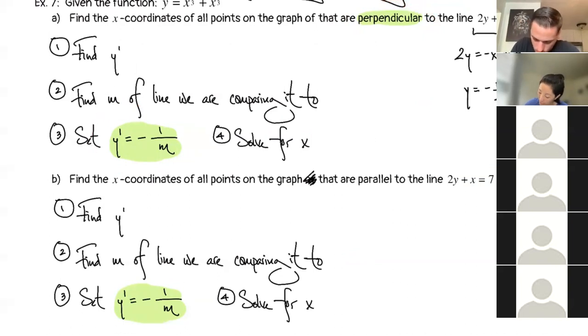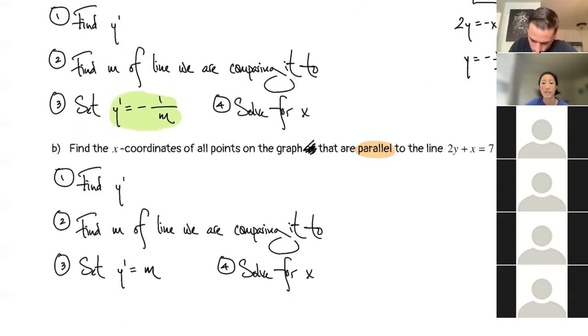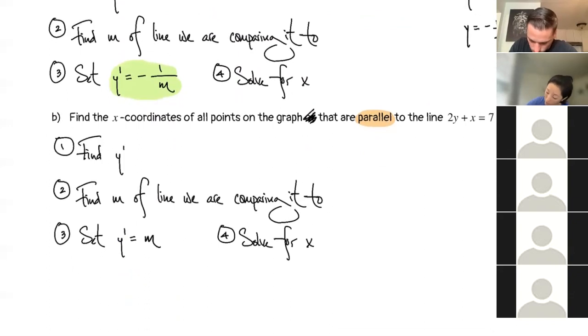But what do we say when things are parallel? I think that gives us different clues, all right? So parallel means that we don't want to set the slope to the negative reciprocal, but we exactly want to set it equal to the slope we found in the second step. And the reason for this is because parallel lines